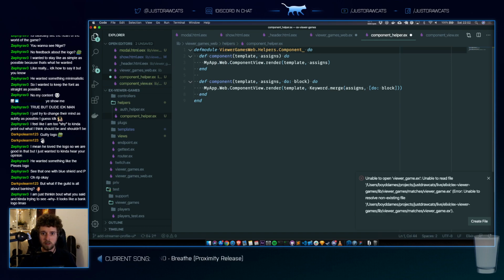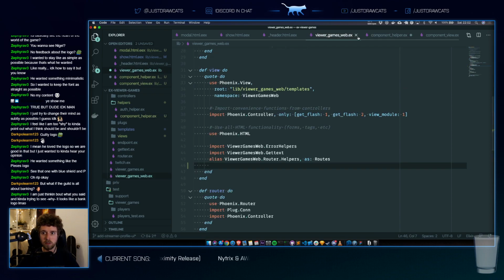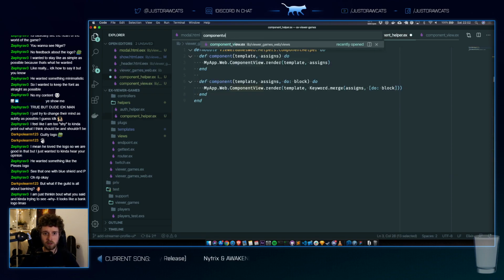Component helper. And then web component view. Component view.